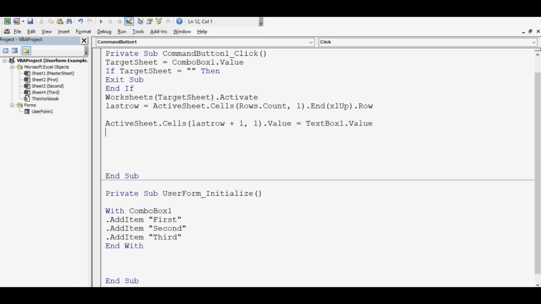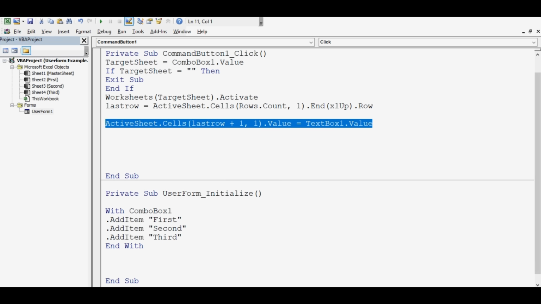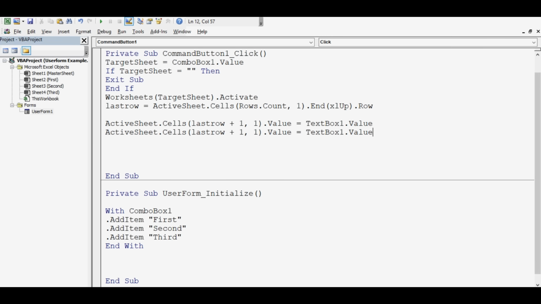So I'll copy this line because we need this specific line 3 times, and then for text box 2 we can say in second column, for text box 3 in third column,